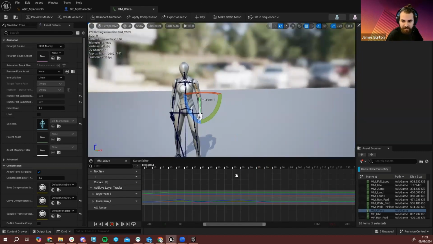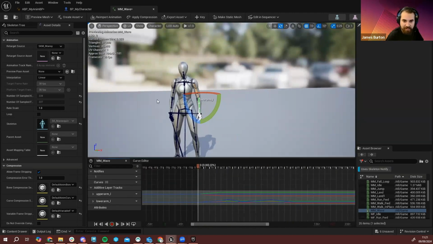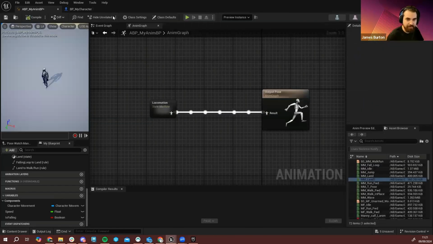I don't want to spend too much more time fumbling through using this. So we've got a little wave animation. So now we want to be able to just play this, right? So in order to do it, we're going to create a montage. So, to create a montage,